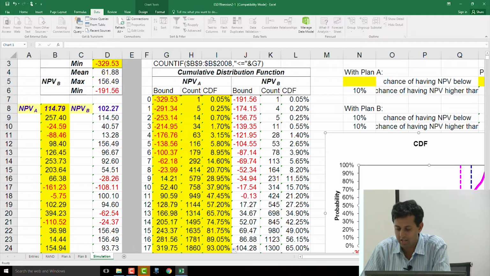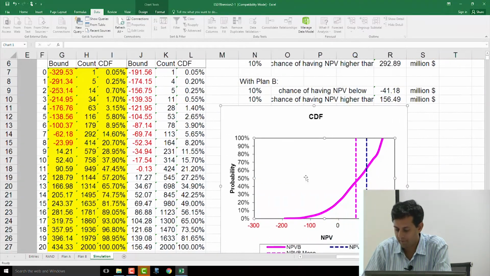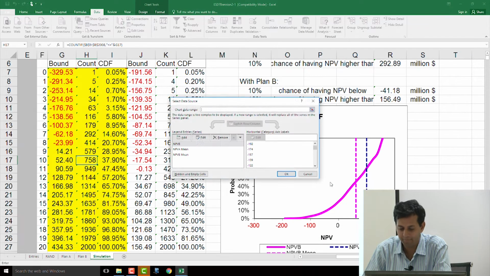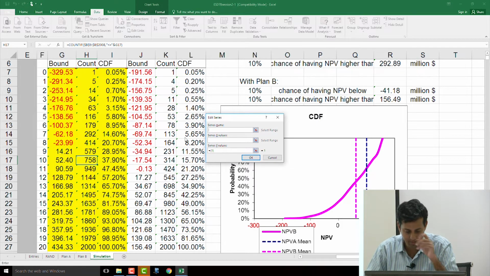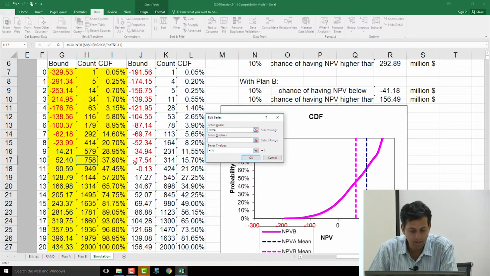Using this, I can now click on this graph and plot a graph, right? So I'm going to click on the graph, right click, and go to select data. Already a bunch of data has been selected. There is NPVB, NPVA, NPVB mean, and I am going to add a series name which is NPVA. Okay. The series values are